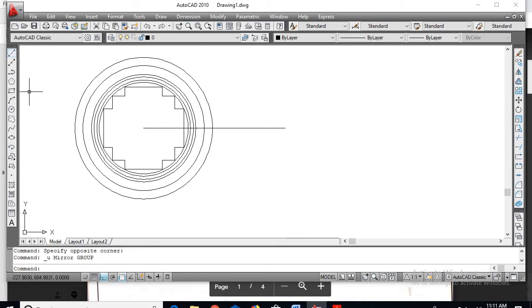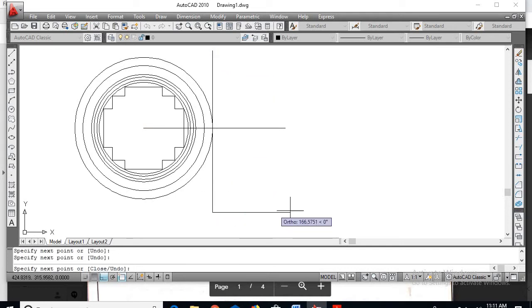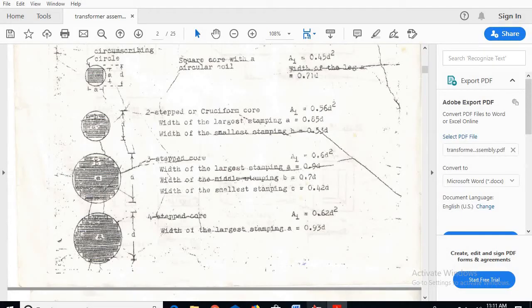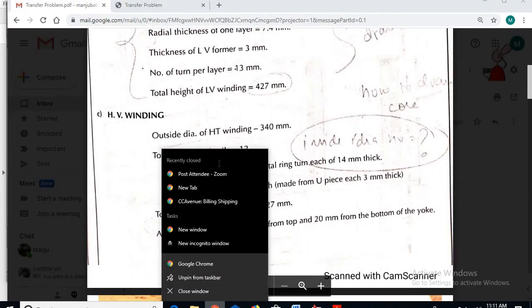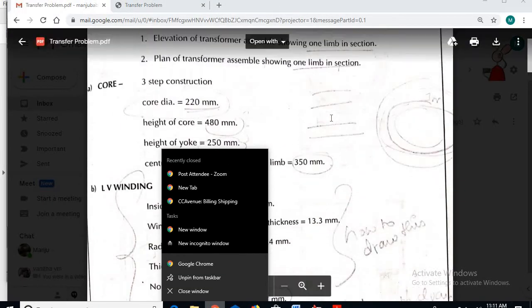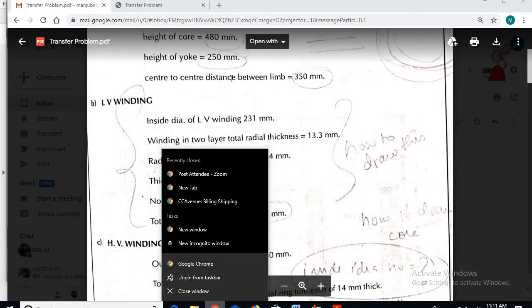So draw a line from the midpoint of this line. Just a minute. So center to center, what is the value? Okay, so center to center distance between the limbs is 350 mm.